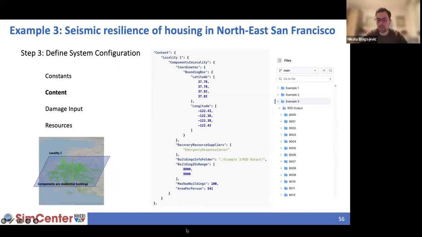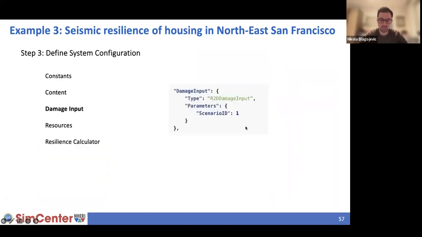And then we also define what's the area per person. Here we use square feet. So basically a single person takes up this amount of square feet. This is how we get to the population of each building, because we don't have the population information right now in R2D. Damage input. There is a class called R2D damage input, which reads the information from these folders and